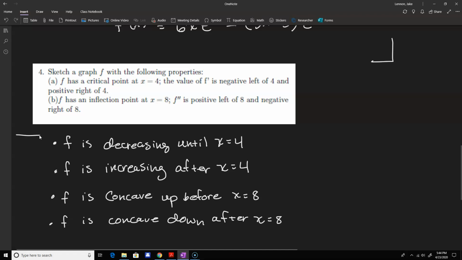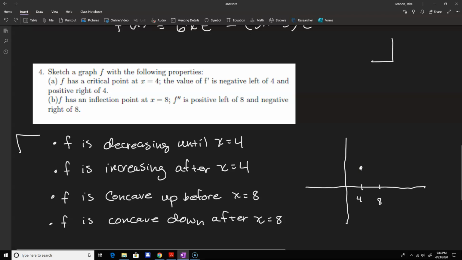So there's lots of different possible graphs you can draw. I'll show you just one example. So really we just want to list our two important points here. So we have 4 and we have 8. We don't really care about the y values. We just want to show that we're decreasing and increasing around x equals 4, and then concave up and concave down. So if we're decreasing and then increasing, that means this has to be a minimum value,